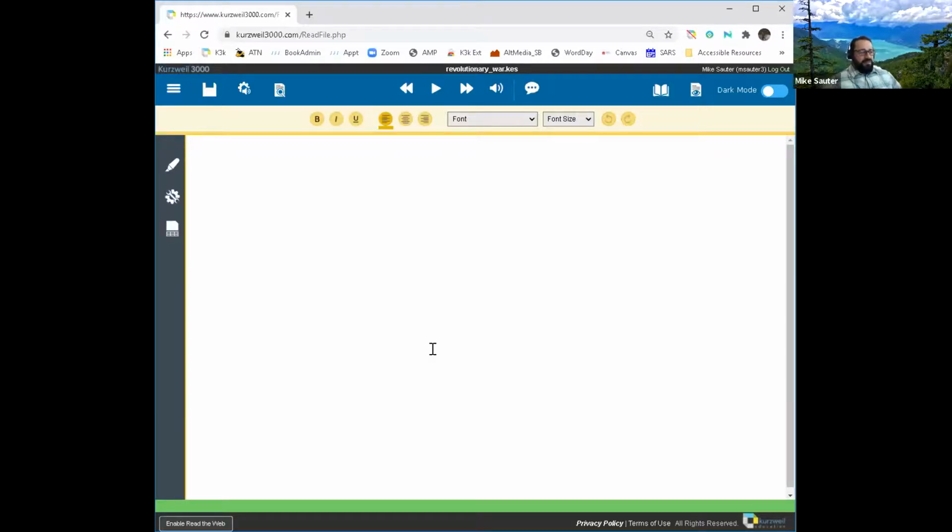But here is this blank canvas for writing, and this allows you to start writing a draft. Maybe using the brainstorm or the outline, having that printed out right along with you, or having this on 2 screens. You can do that as well. You can open up multiple screens of Kurzweil so you can see your outline and then the draft. This, I'm just going to write a couple of sentences. Revolutionary.